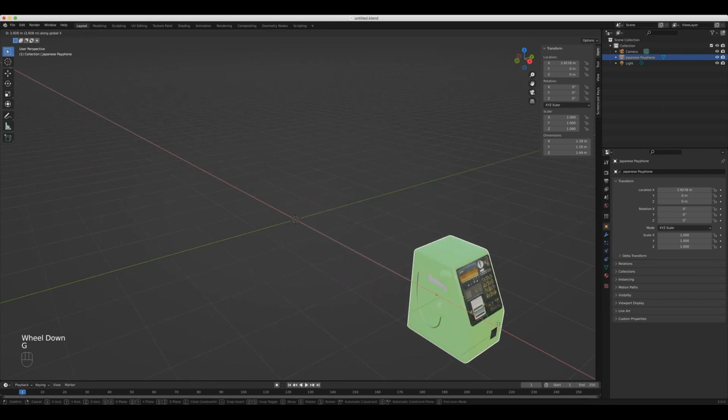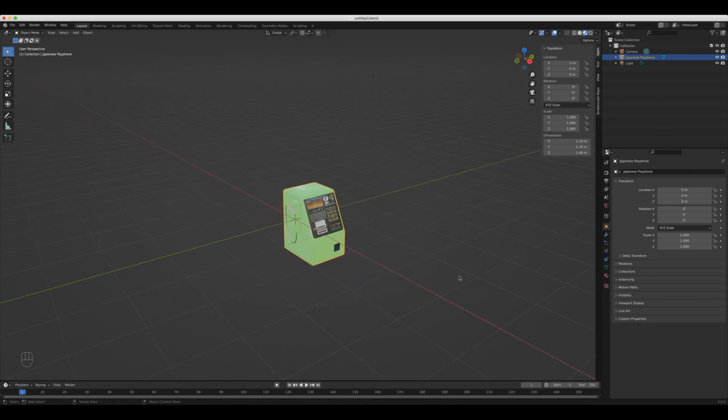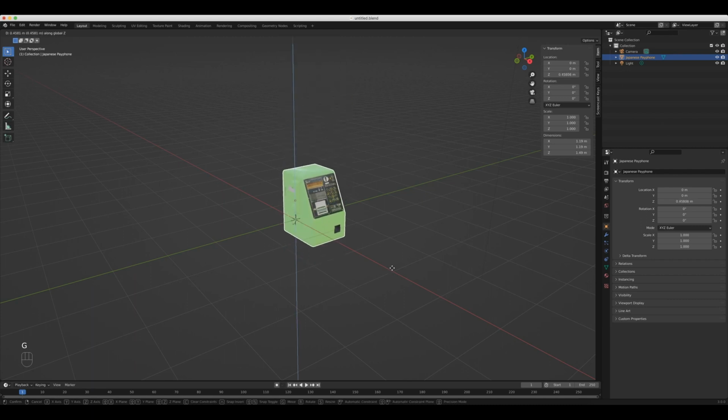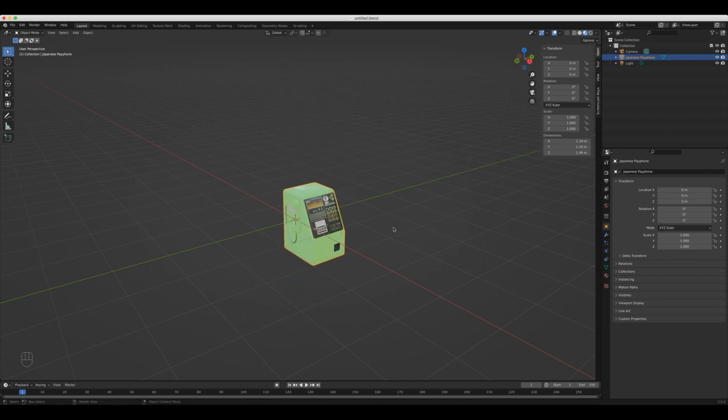G and X will only move it on this red line, and then G and Z will only move it on this blue line. Now we can actually take this one step further by telling it to move on two axes or lines at the same time. Or if you want to think about it in the opposite way, we can tell it to cancel the movement on a third axis. So the way that we do that is we select it again, hit G, and then